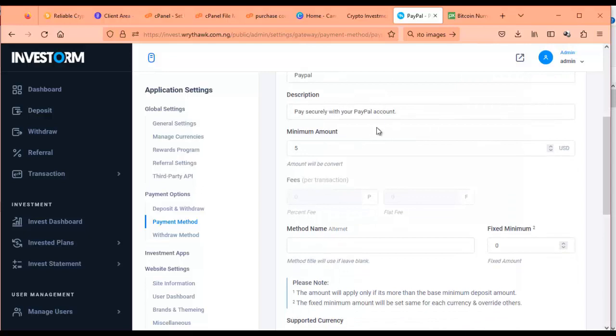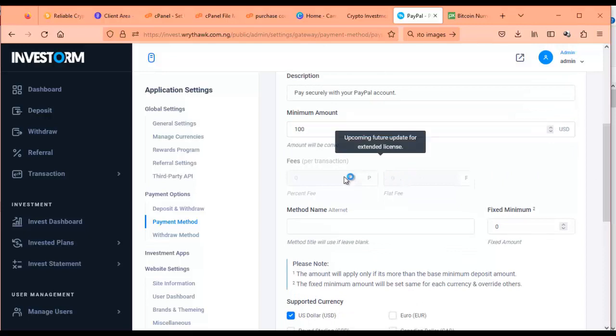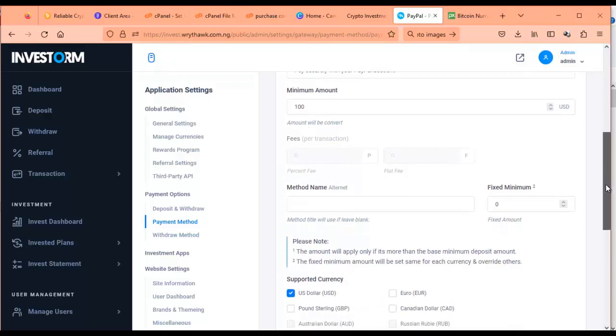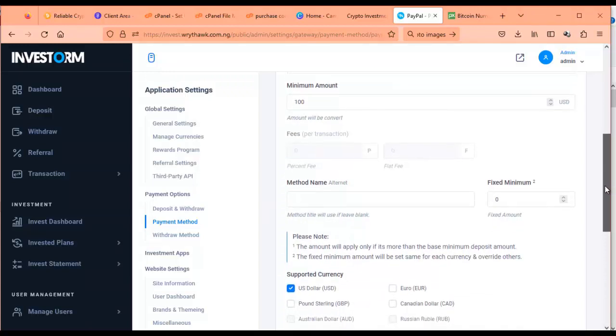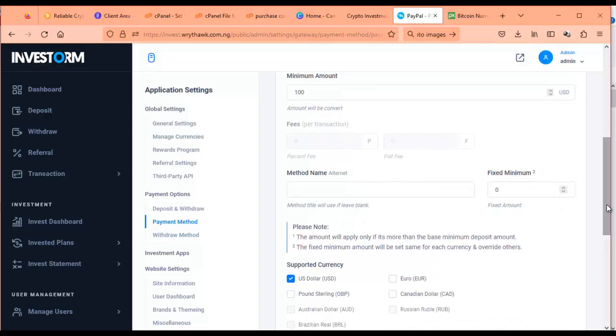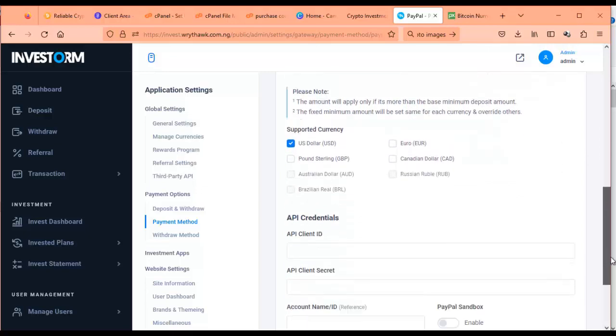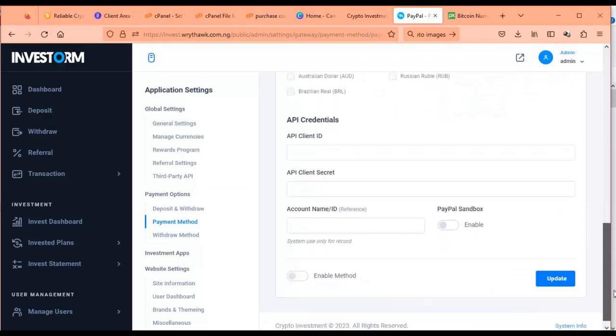So fees, I think fees are generated. The transfer fees will be charged by PayPal. There's no fixed amount depending on what you are doing. If you want to put a fixed amount or whatever, then PayPal will give you API, client ID, and all of that to get started or to set up all of this. Now, if you don't have it, remember we have other options like